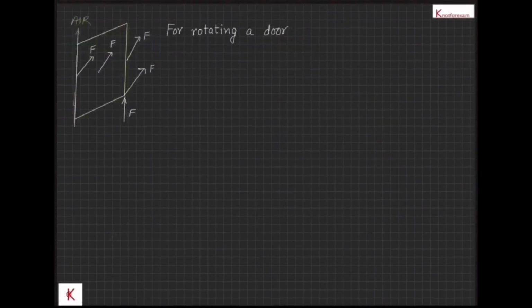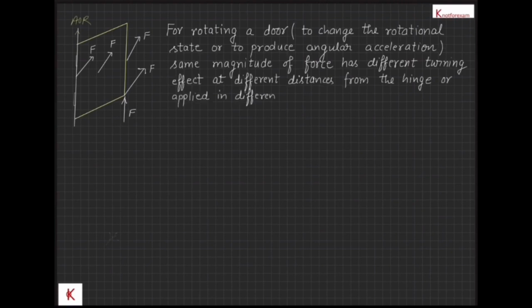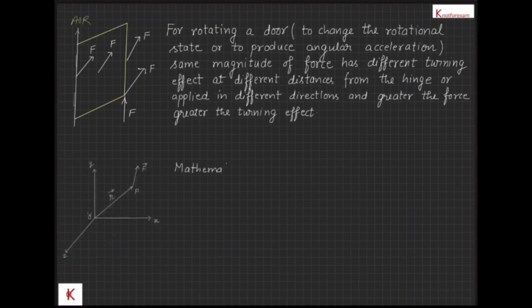Let's take an example of a door. For rotating a door, or to change the rotational state, or to produce angular acceleration, the same magnitude of force has different turning effect at different distances from the hinge or when applied in different directions, and the greater the force, the greater the turning effect. In the most general and holistic way, mathematically torque tau about a point O is defined as